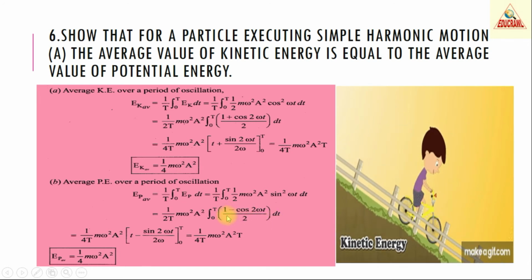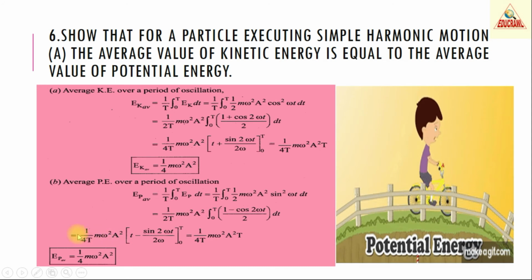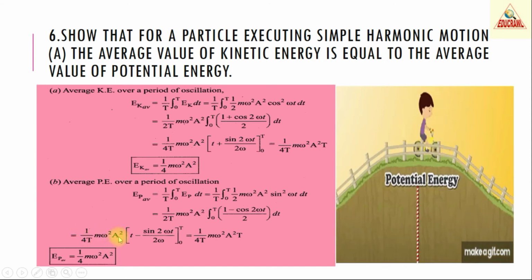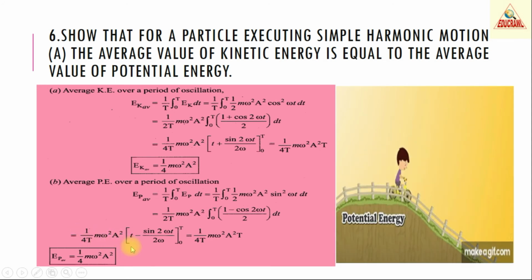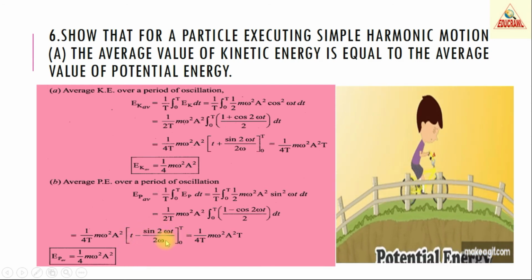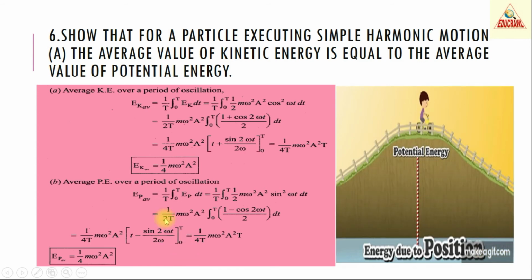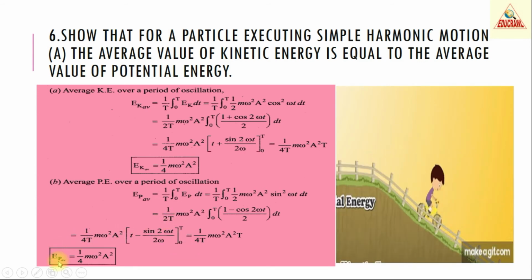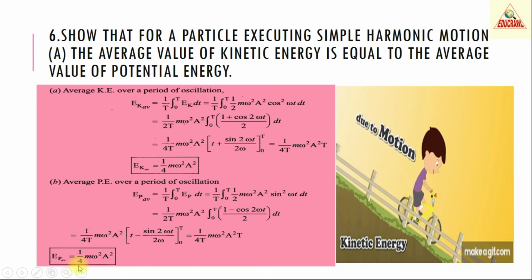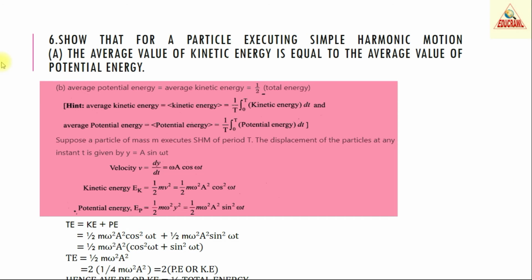Now once again taking 2, which is in the denominator, as a constant outside, we have 1 by 4 T m omega squared a squared into, now differentiating, we have t minus sine 2 omega t by 2 omega. The limits are 0 to t. So applying the limits, finally we get the expression as potential energy is equal to 1 by 4 m omega squared a squared. Next, we have to prove average potential energy is equal to average kinetic energy is equal to